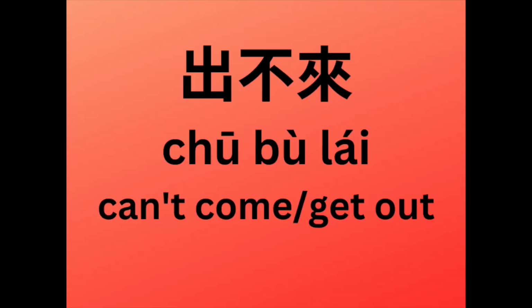You can say 出不来, 出不来 means out but not come. So he wants to come out, but he can't. 出不来. Again, something is blocking, the door is locked or whatever. 出不来. Can't do it. And then the last one is